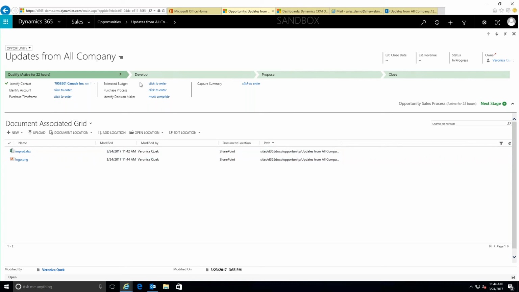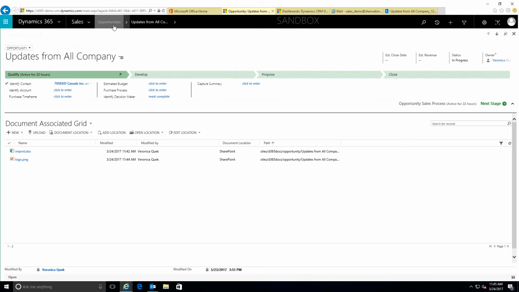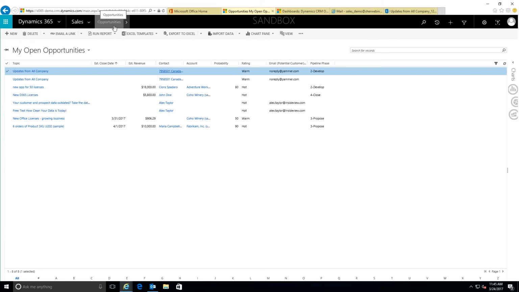And now I'm going to show you another very important and very useful integration. It's the integration between Dynamics 365 and Excel. Yeah, that's a key one for people playing with data. Yeah. So here I have my open opportunities view. So a view is basically a list. You can customize it the way you want. Okay. So I have here the list of opportunities for my open opportunities,